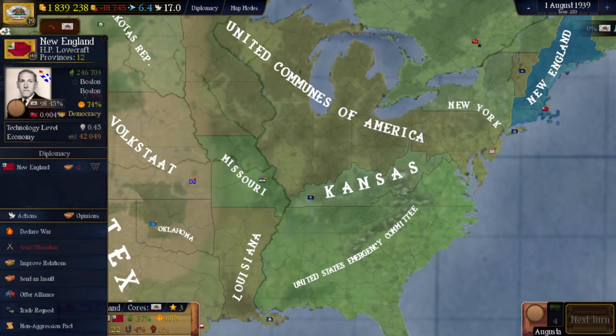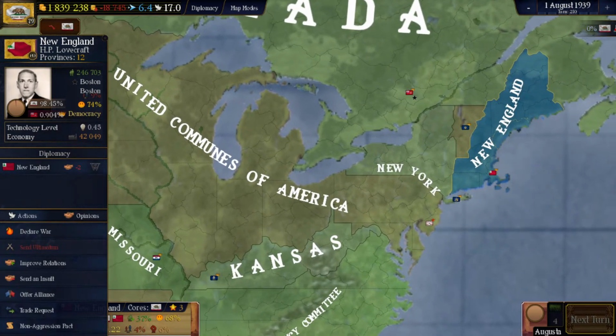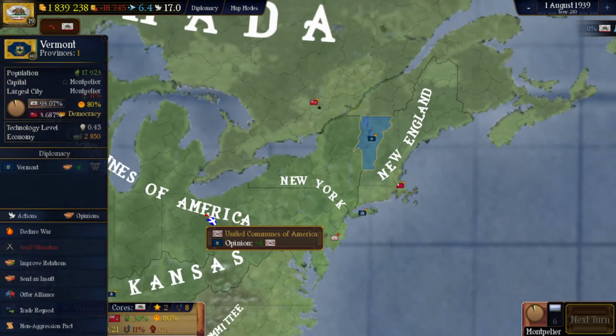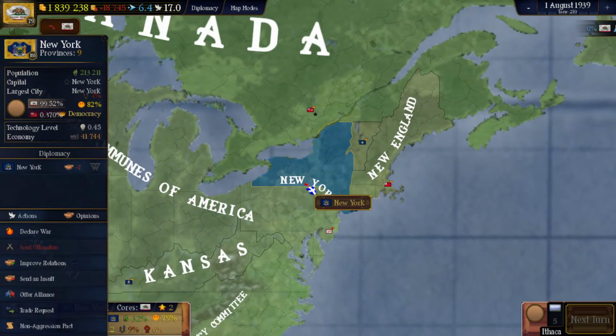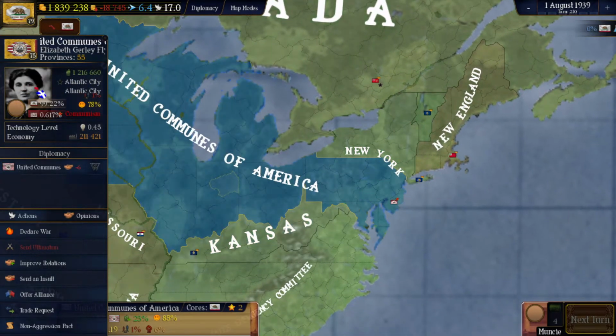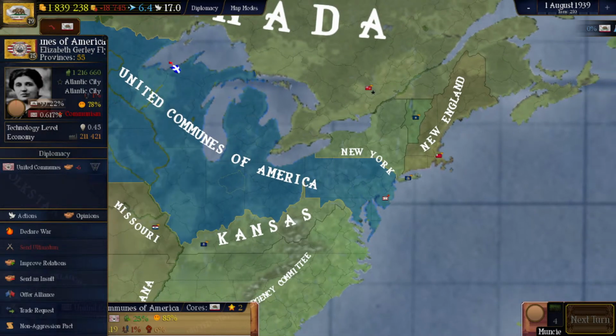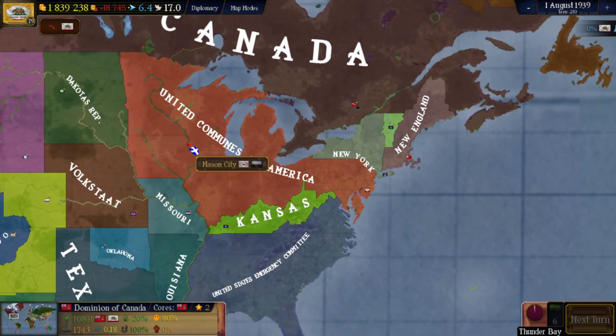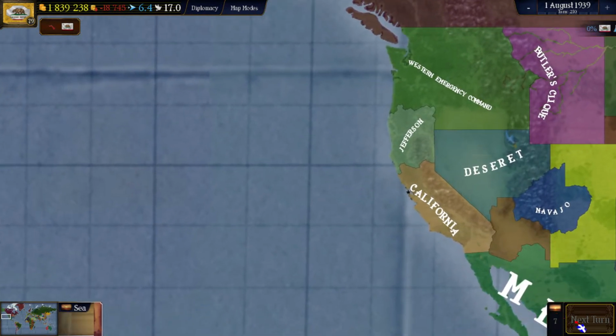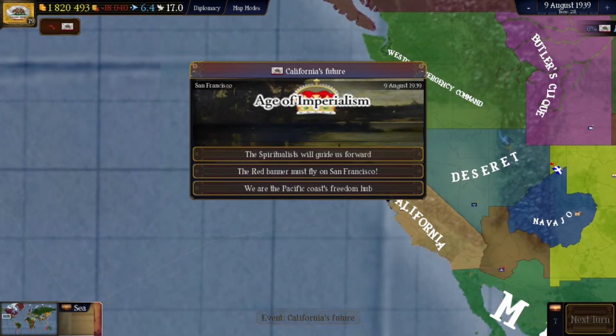Lovecraft. I'm sure you guys know what his cat is named because of all the memes. But he leads New England, apart from Vermont, and I guess part of New York. Also, we got a funny lady here, Elizabeth Gurley Flynn, ruling the United Communists. Okay, so we're gonna go up and wait a little bit. Okay, it's California's future. So California has a lot of interesting paths, and two of them are most interesting,